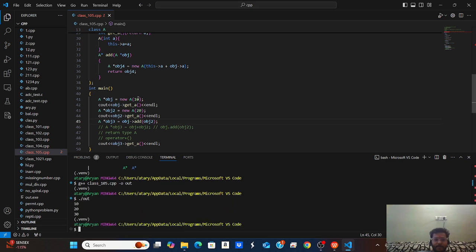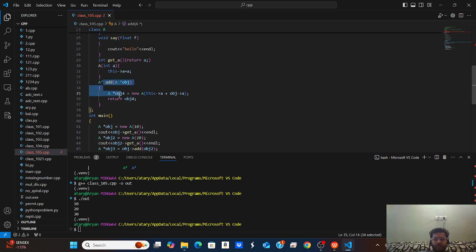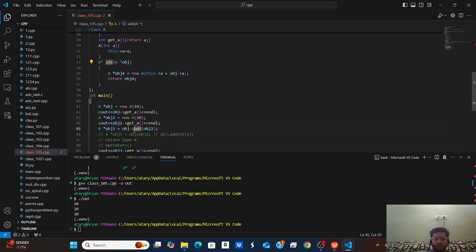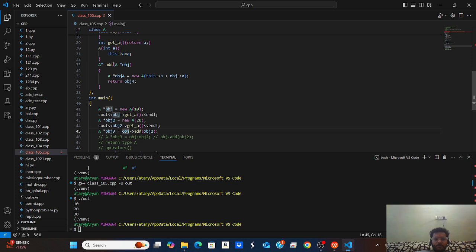Now you can see that I get the value 10 for the obj, 20 for my second object, and 30 for my third object. But it is not operator overloading. We created a function and returned that thing. But now I change something: I am calling the add function and passing the argument obj2 to my obj object function add. Now, if I change it to the